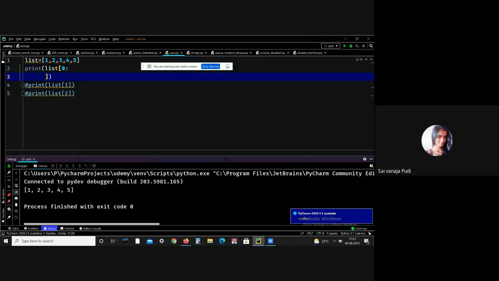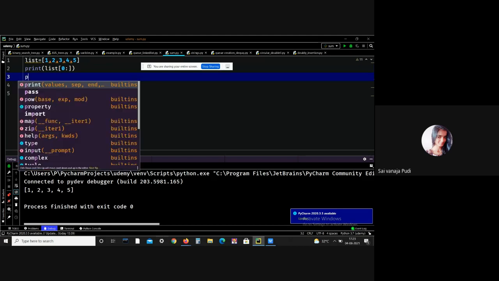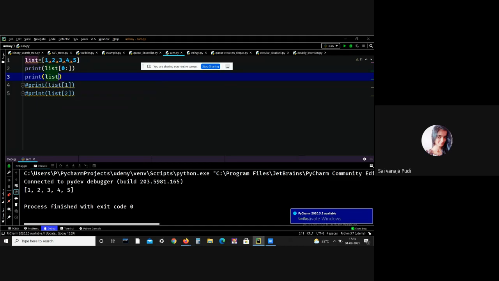Let me give another example. Now I want to print from index 2 to 3.